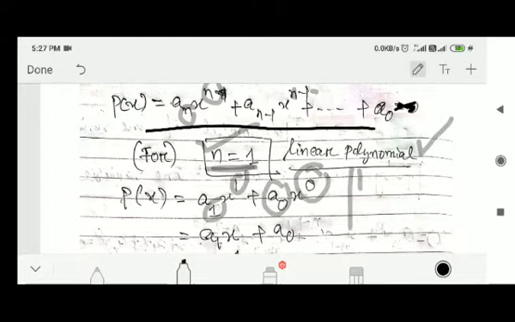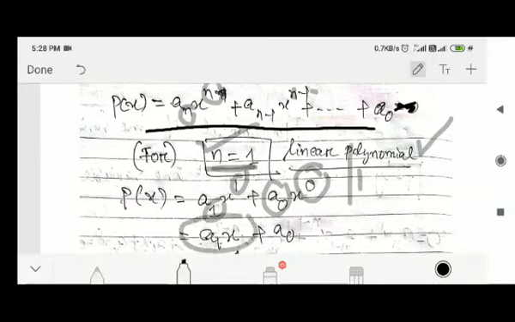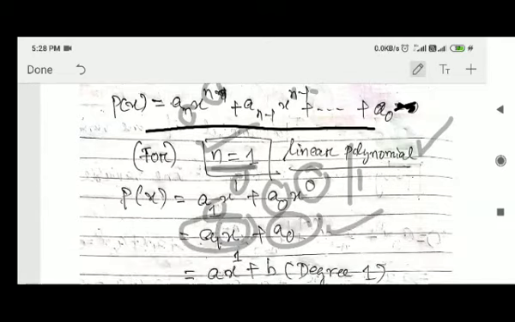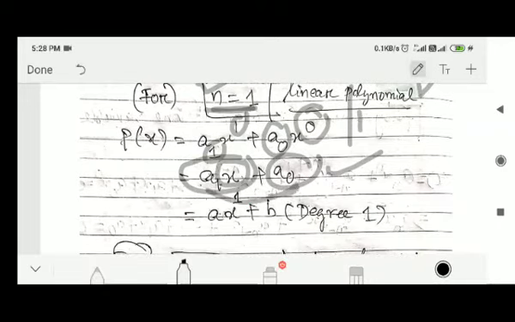Why linear polynomial? Because in this polynomial, after simplification, you get a_1 x plus a_0, where x is the only variable, a_1 is the coefficient of x, and a_0 is the constant. Okay, but both a_1 and a_0 are constants, but here a_1 is the coefficient of x and a_0 is a separate constant. So I can write, my friends,